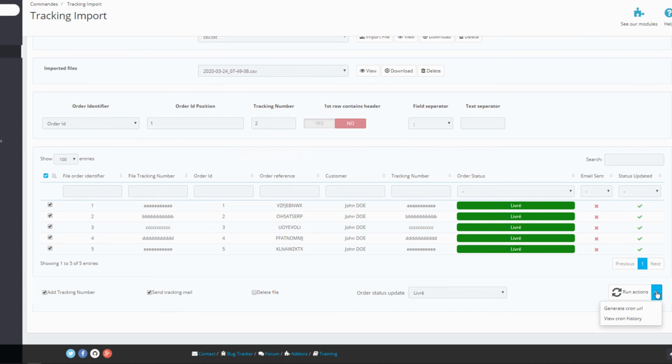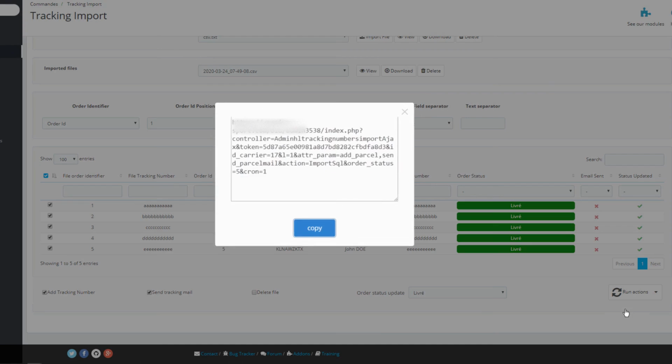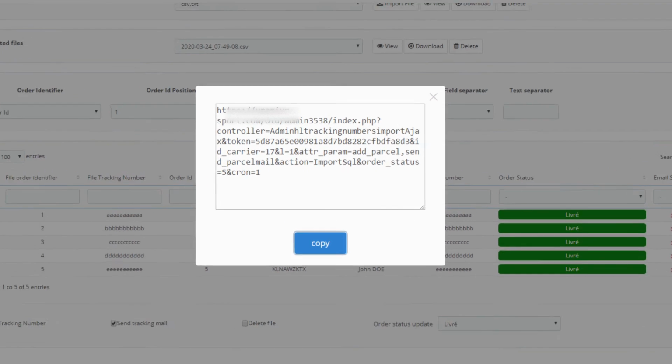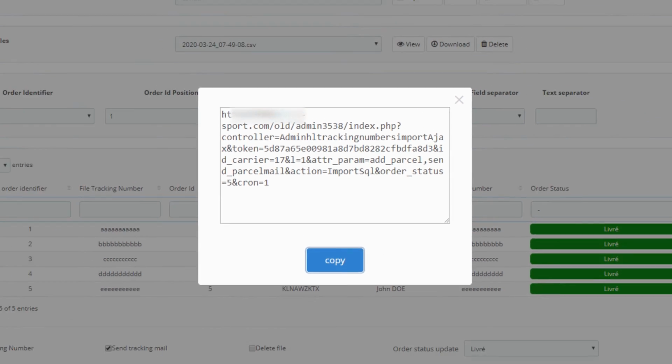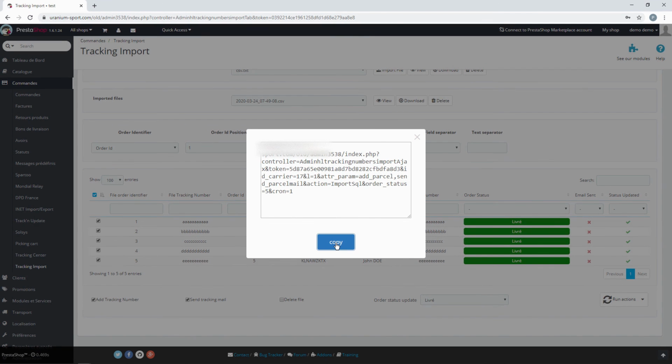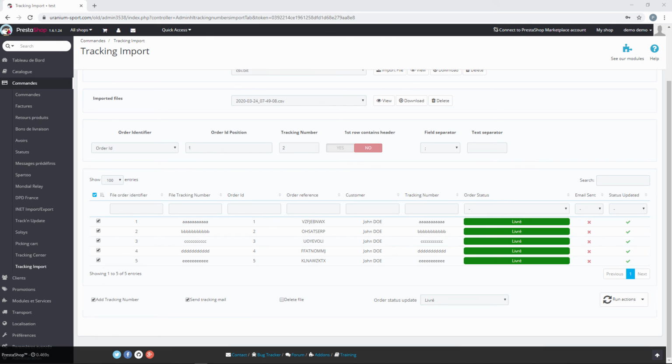If you need to run whole import process automatically, you can generate here a cron URL and put it in your cron job module or service. Cron URL contains parameters about your file configuration and selected actions. Process will import last FTP file, will import it into the module, and will run selected actions for orders found